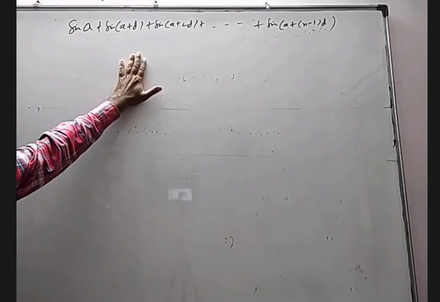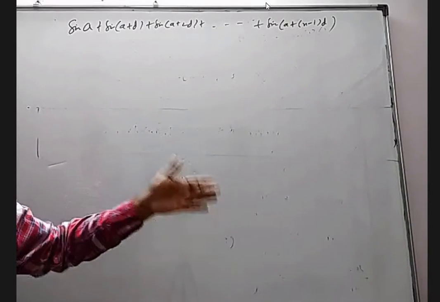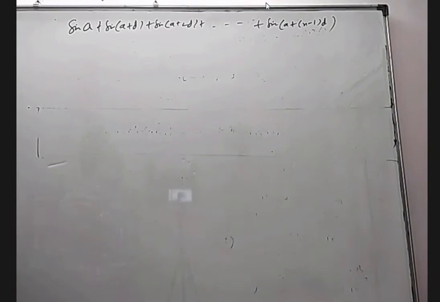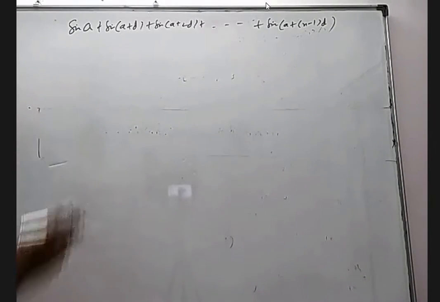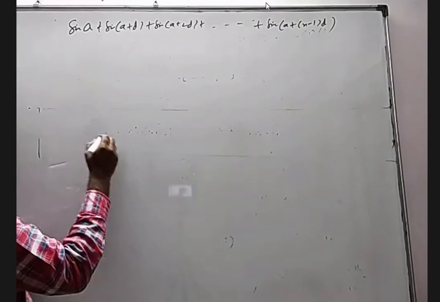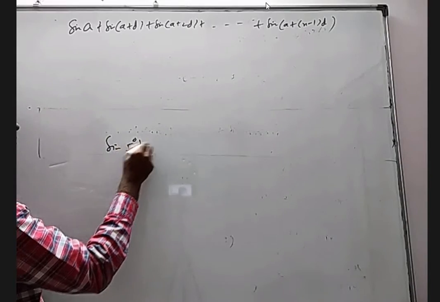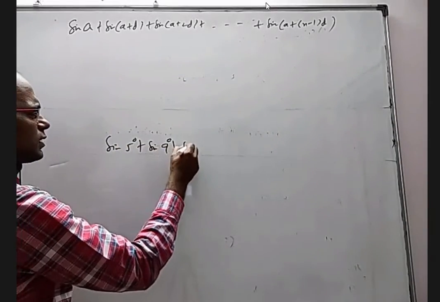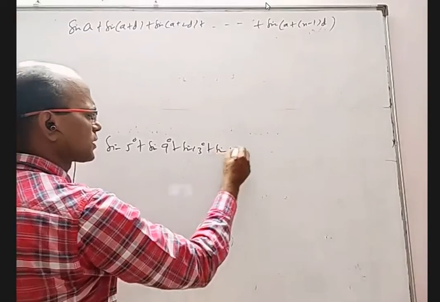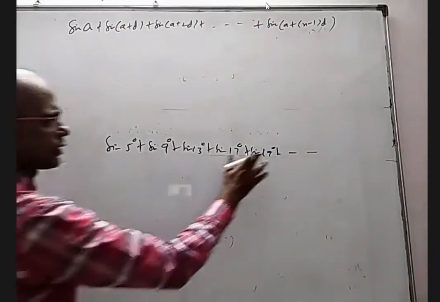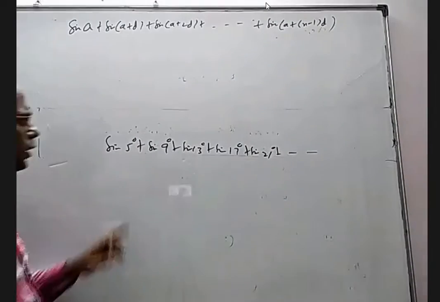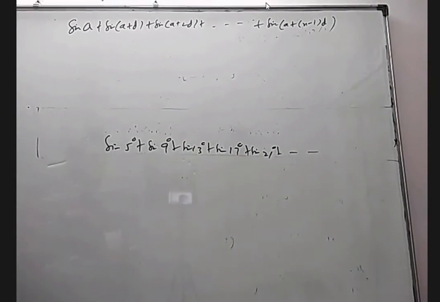For this formula which I am going to derive, there is another method by using complex numbers. I will tell that derivation in second year, that's also quite easy. But now I will do it by transformations. Whenever angles are in arithmetic progression, for example, I give a question: sine 5 degrees plus sine 9 degrees plus sine 13 degrees plus sine 17 degrees plus sine 21 degrees, and so on. Are all these angles in arithmetic progression?